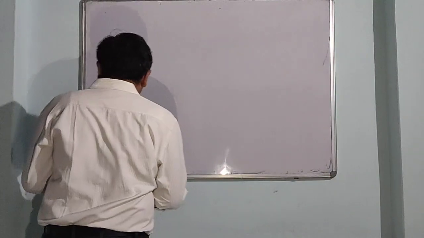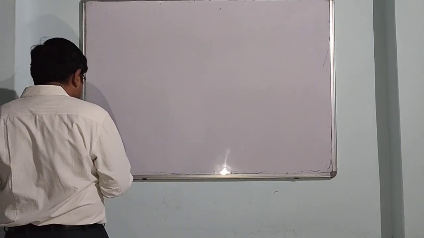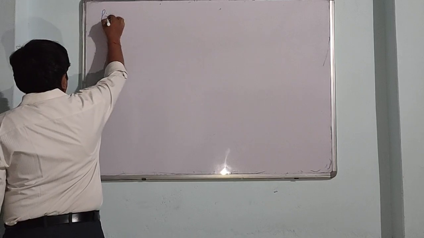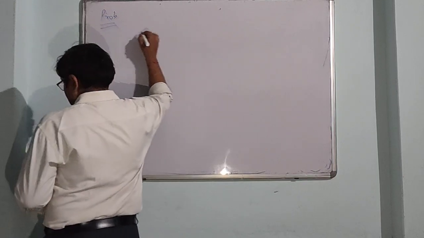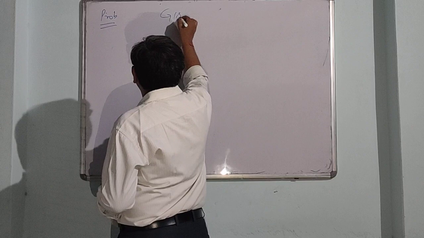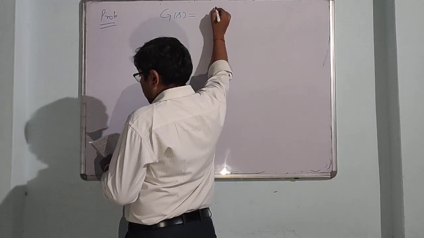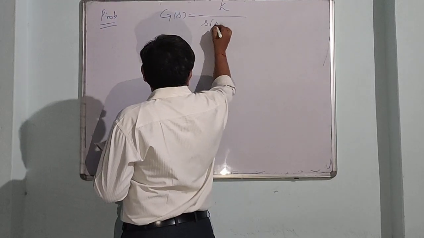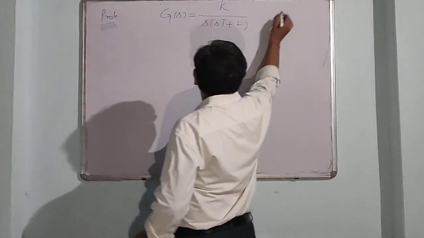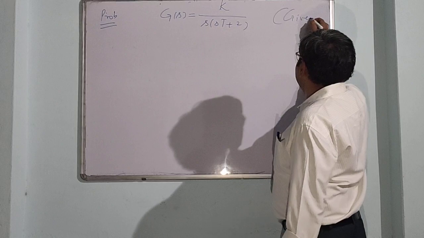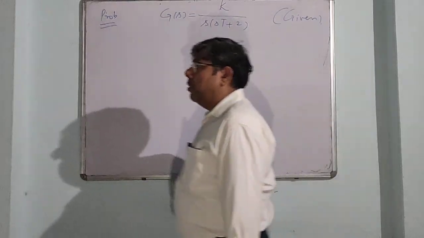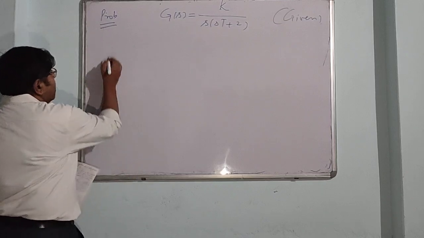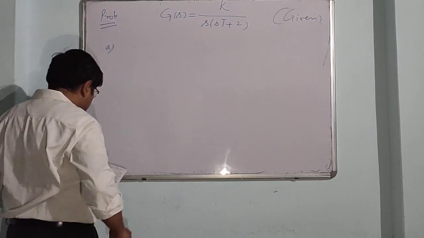Question is, open loop transfer function is given. So in the problem, G(s) is given. That is the open loop transfer function. And the statement of the problem, the first part, is: